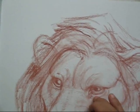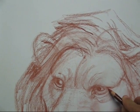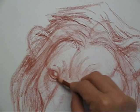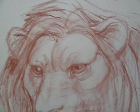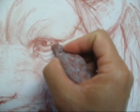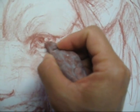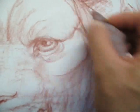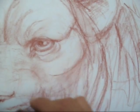Okay. And broaden that eye out a little. Push this one back. It's on the other side, away from the sun. And once you're done messing around in there a little bit, you can come in with your kneaded eraser and just pick out a few little highlights. Okay. On that eye, or pop some of that form a little forward if you want. Okay,